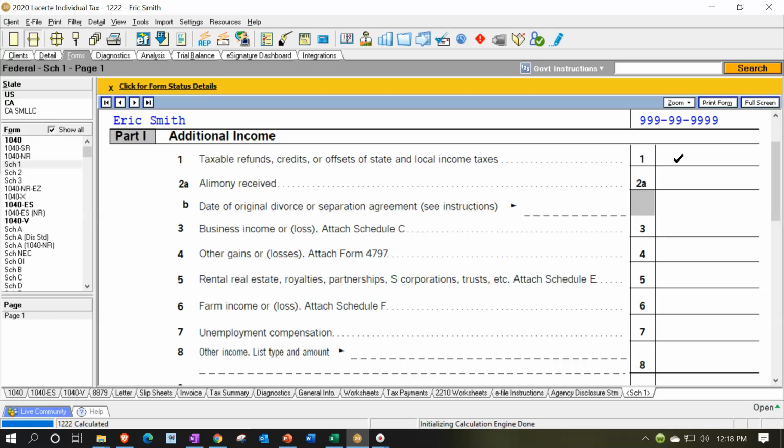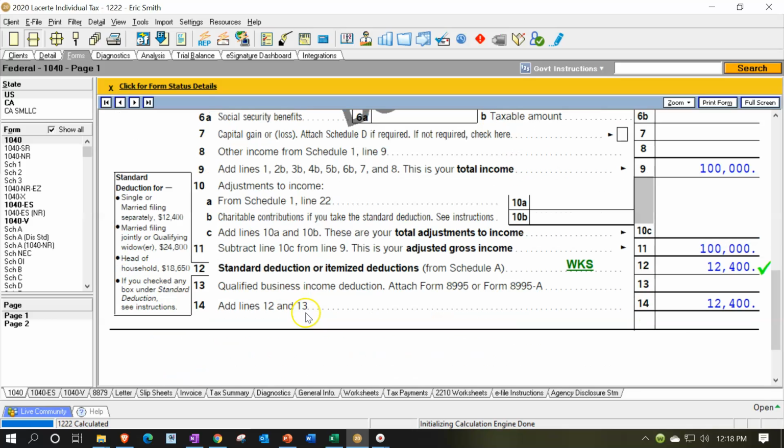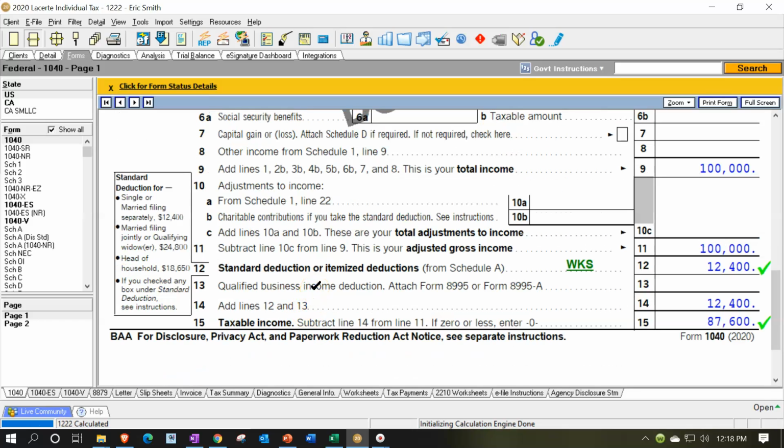Because it's possible that we didn't get any benefit from it in the prior year. And it's quite likely this time, because remember, if I go back to the first page of the 1040, down here in the itemized deductions, and we're imagining the prior year, the question is, did they take the standard deduction or did they itemize? If they took the standard deduction last year, they didn't get any benefit from the deduction, and therefore we wouldn't include the refund in income.